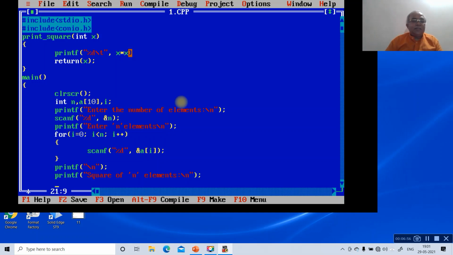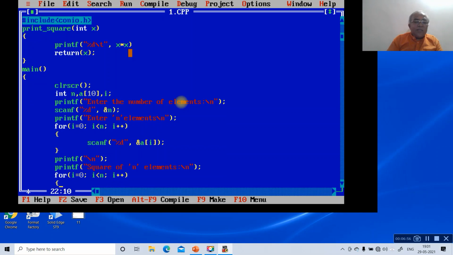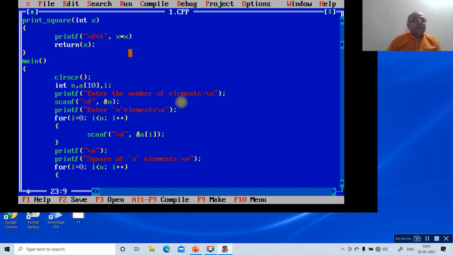\n and say enter. Then, in the manner in which you have entered, the same way I need to print. So for i = 0, i < n, then i++, then I need to call that function here. So we call the function which is print_square, with the x value. That's all.